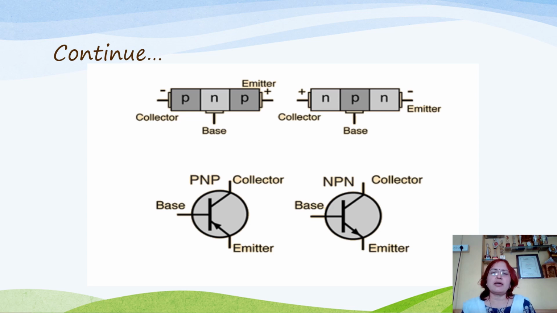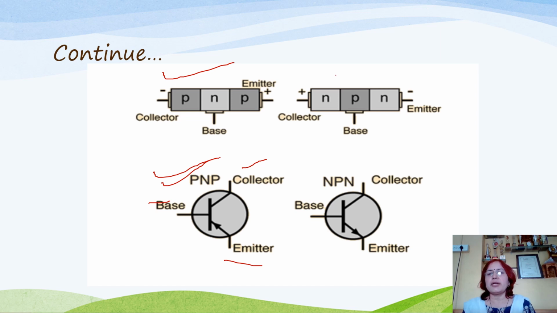As we have seen, there are two types of transistors, NPN transistor and PNP transistor. Here, the symbols for two transistor types are shown. The first one is symbol of PNP transistor. The middle terminal is base terminal, the upper one is collector terminal and lower one is emitter terminal. You can see the arrow at the emitter terminal. This is for PNP transistor. So this arrow at the emitter shows the direction of emitter current flow. So this is the construction of PNP transistor and corresponding symbol is shown here for PNP transistor.